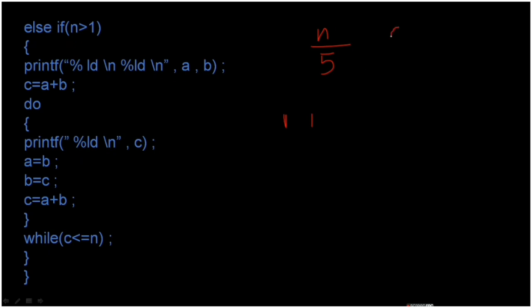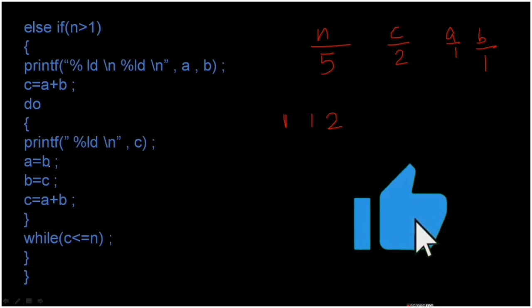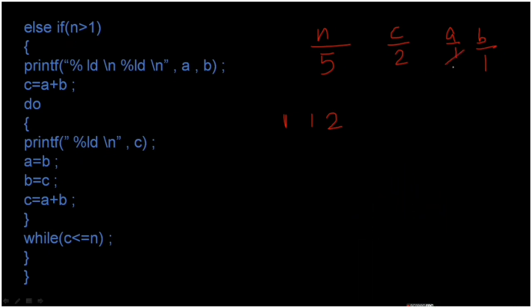After this we have taken the third variable c, which we didn't initialize. Here we initialized a with 1 and b with 1. So we had already printed them. Now c is equals to a plus b. So 1 plus 1 is equals to 2. Now c contains the value 2. In the do while loop, we will first enter into the loop and then second we will check the condition. So first of all we will print the c value, that is 2, and then the value of b is assigned to a. So b contains 1, that is assigned to a, and then the value of c is assigned to b. Now c contains 2, that is assigned to b. Now c is equals to a plus b.